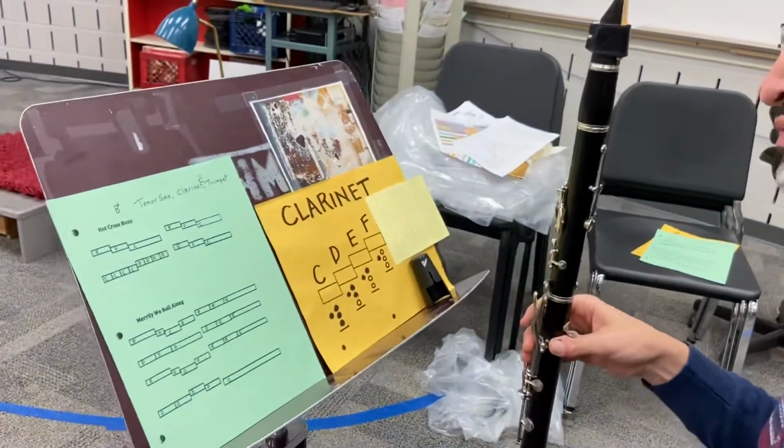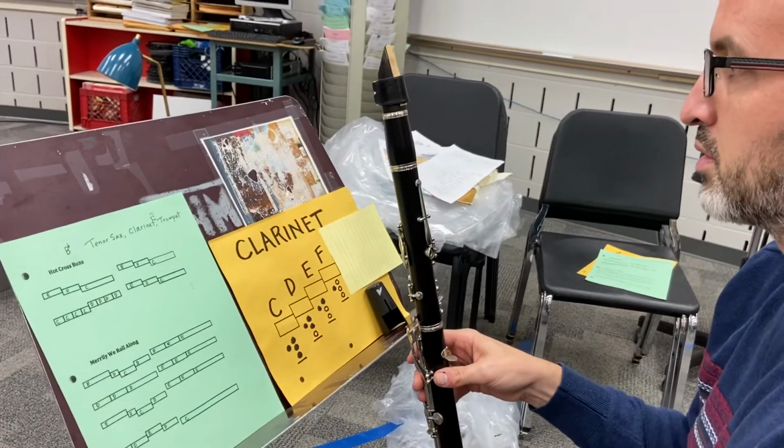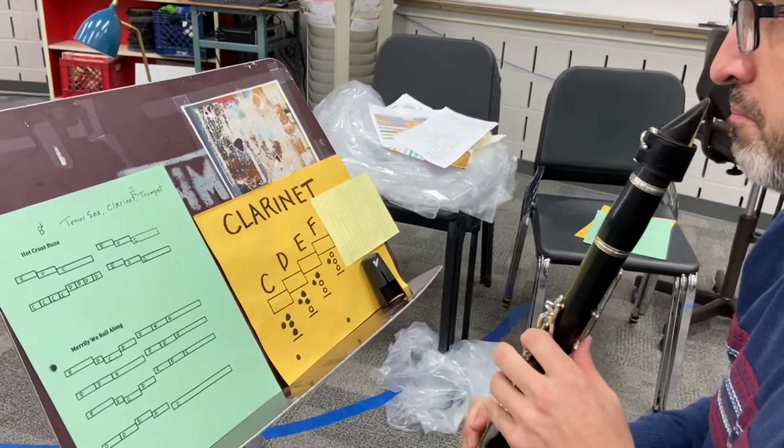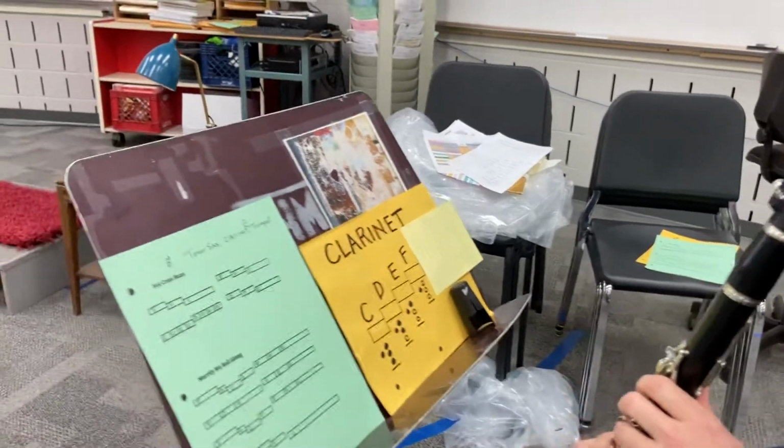I want you to take a second and practice that skill right now on your own. When you're done, click continue. Great. Okay, so the next step is to actually play the song, but we're going to do it in smaller